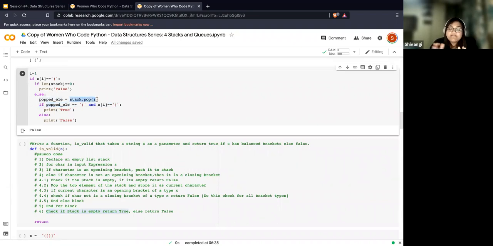So as and when you encounter closing brackets, they're going to remove the opening brackets from the stack. And let's say they did not find a matching pair. In that case, that one opening bracket would still be inside the stack, and if that happens, that means your string is not valid.